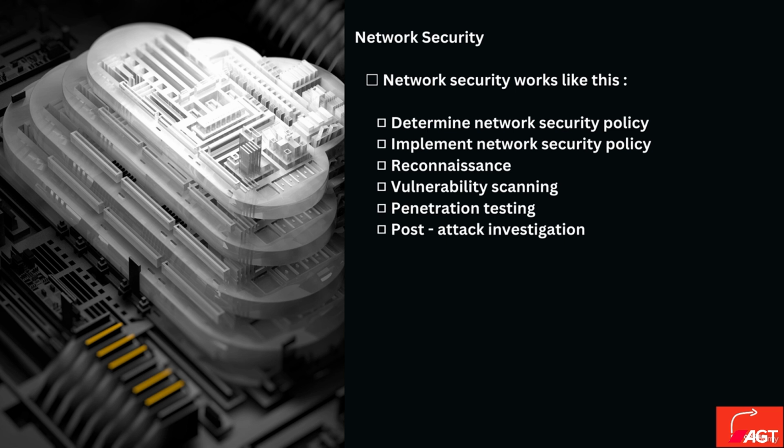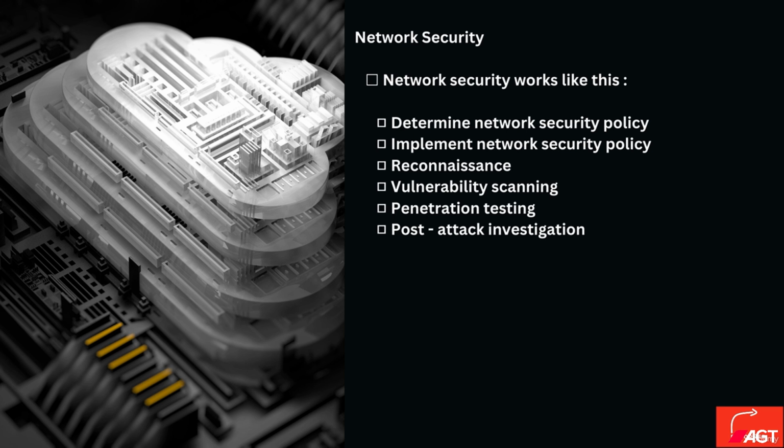The first stage is to identify the policies, processes, and protocols that will be used to manage the security of the cloud network. Access control, network segmentation, encryption, and authentication procedures should all be part of this policy. Implement network security policy. After the